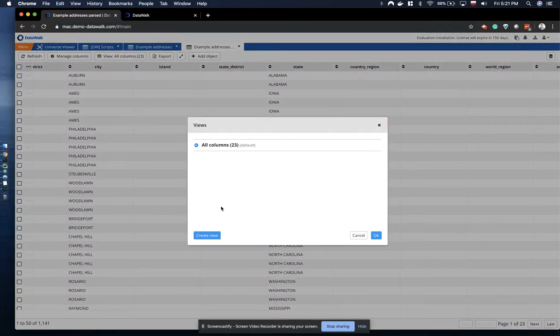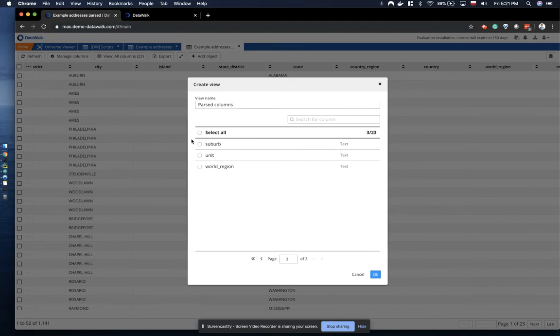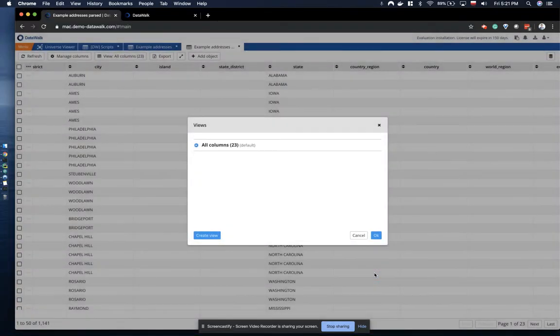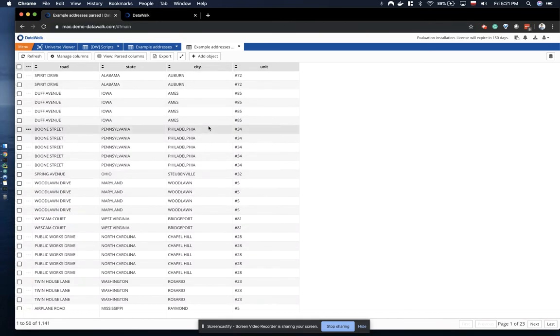So let's define the view. It's road, state, city, and unit. Okay, let's switch to that. And this is our parsed out information. So now let's